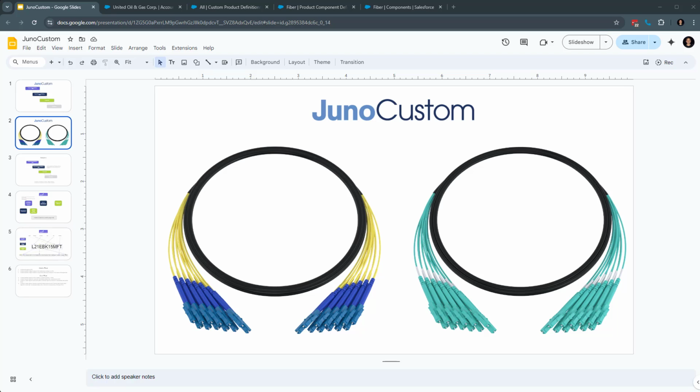Let's say that you sell custom products such as these fiber cables. And the fiber cables can come with a variety of different options, such as the jacket color. In this case, we're showing you the jacket color is black, but they could come in a variety of colors. Additionally, you see the furcation tubing that leads out to the connectors has a color, along with the boots and